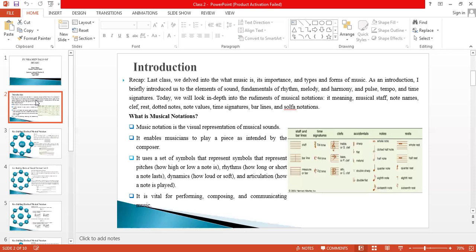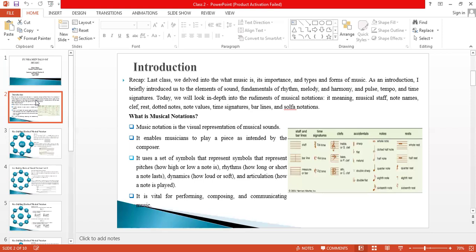And by definition, what is musical notation? Music notation is a visual representation of musical sounds. It enables musicians to play a piece as intended by the composer. It's a set of notations that helps to give a guide to every musician or whosoever is ready to use an instrument to play a kind of music. And it uses a set of symbols